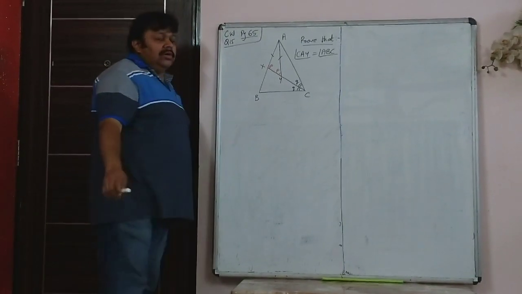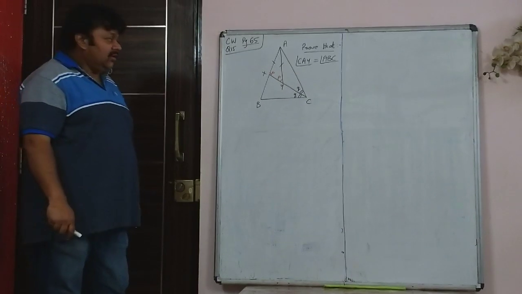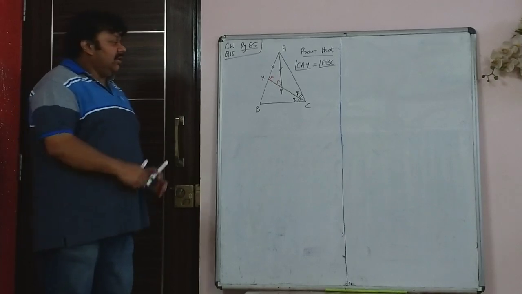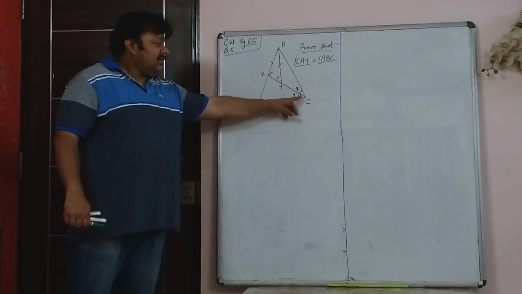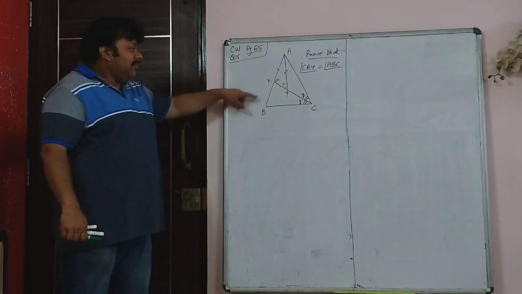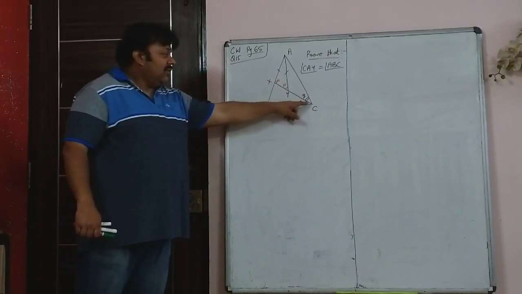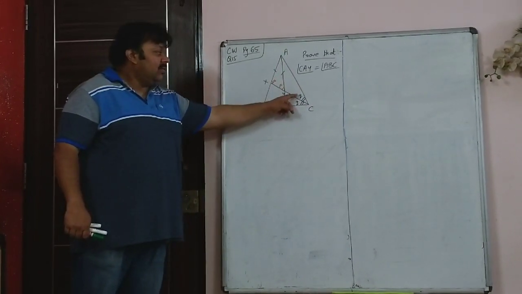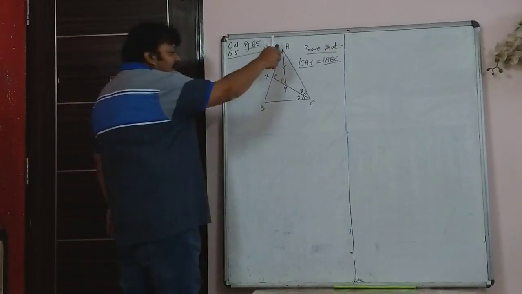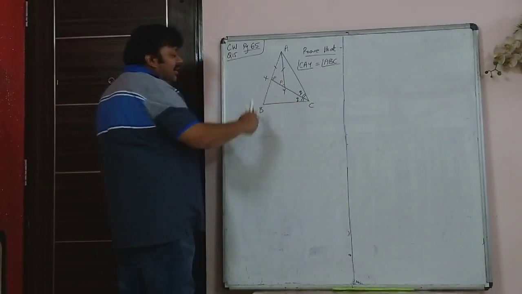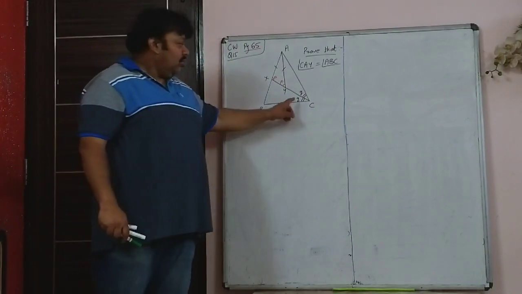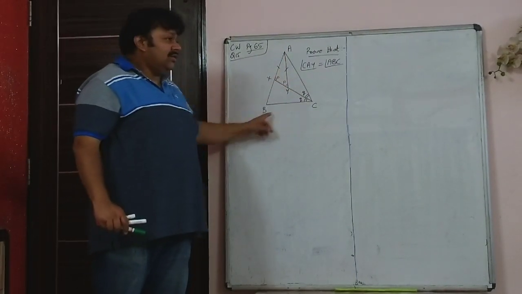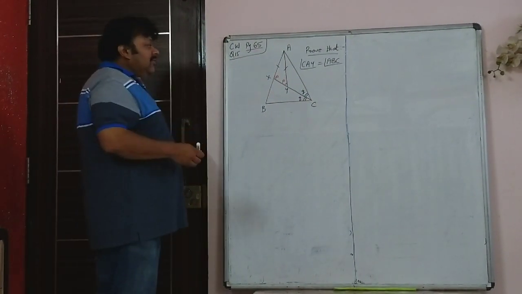So now figure is not given in the last question of isosceles triangles. You are supposed to draw the figure. You are given that in triangle ABC, the bisector of angle C meets AB at point X. So first of all, this line CX is dividing the angle ACB into two equal parts. So angle ACX and BCX is equal to Q. So given it's bisecting, CX is bisecting angle ACB. So that is already mentioned.